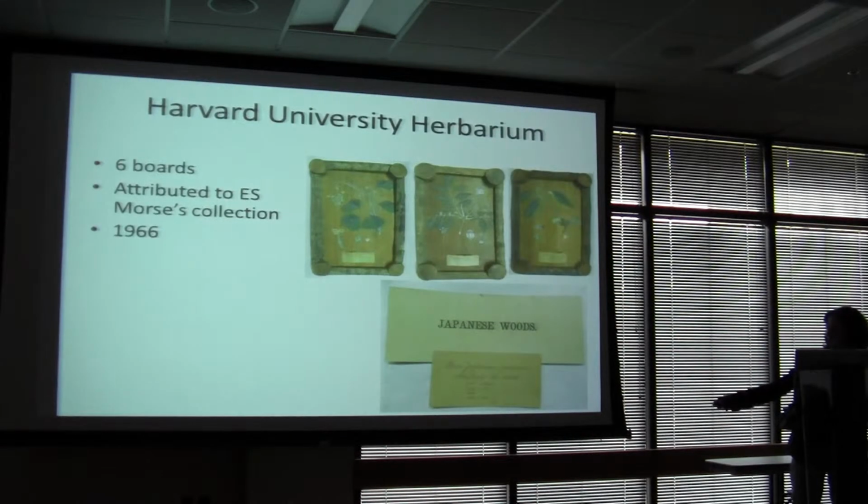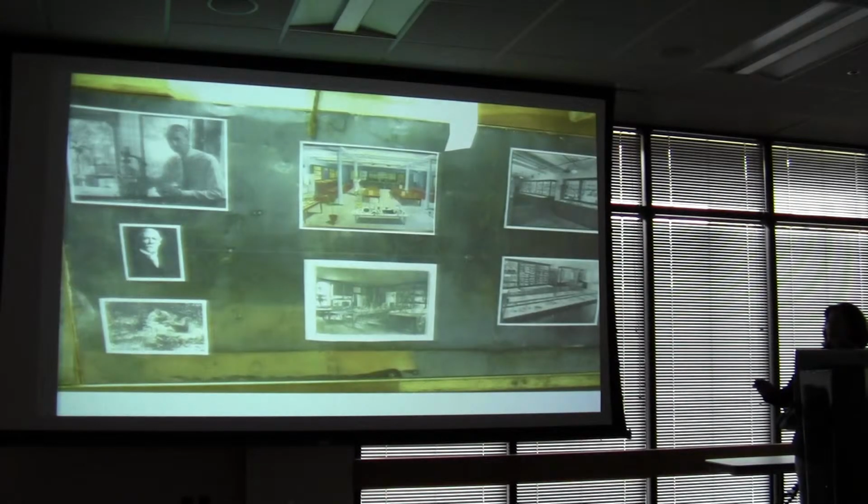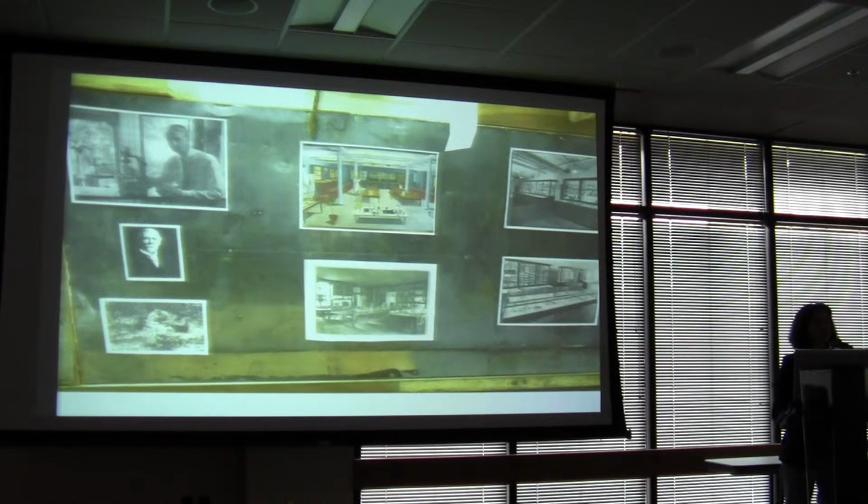But they also came with these signs, like they had been on display, but nobody knew where they'd come from. So I'd like to return to last year's wonderful Richard Evans Schultes Symposium, and